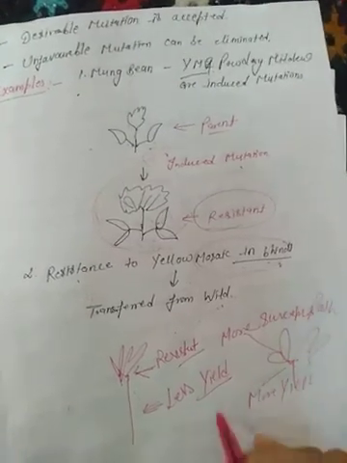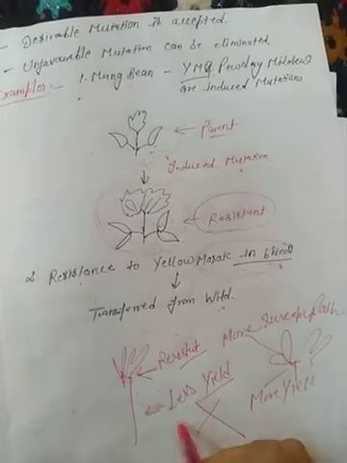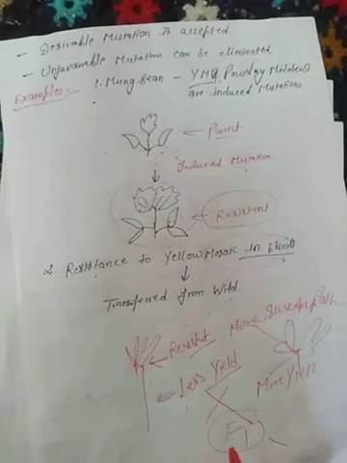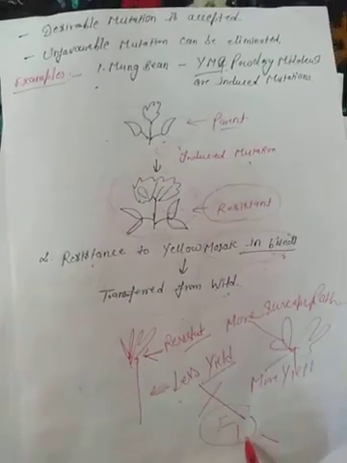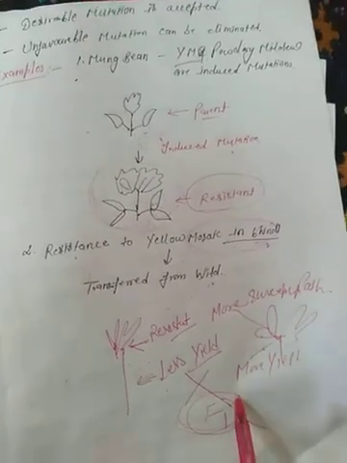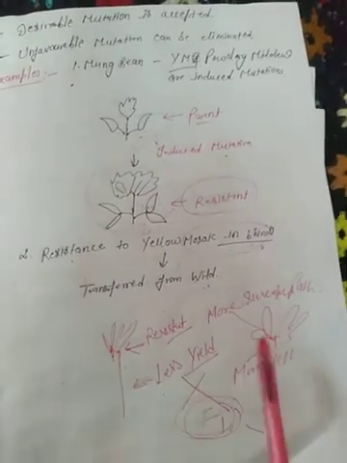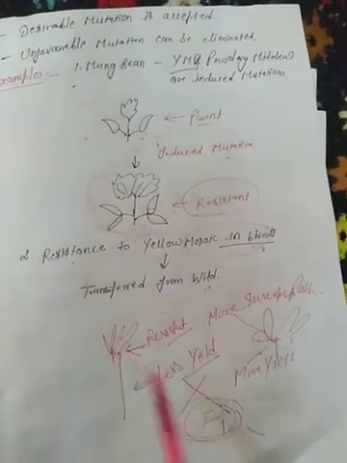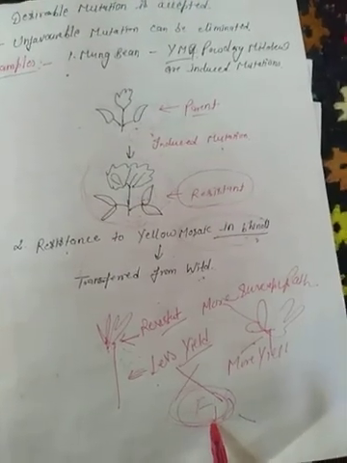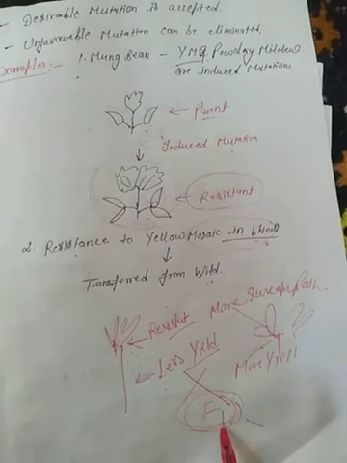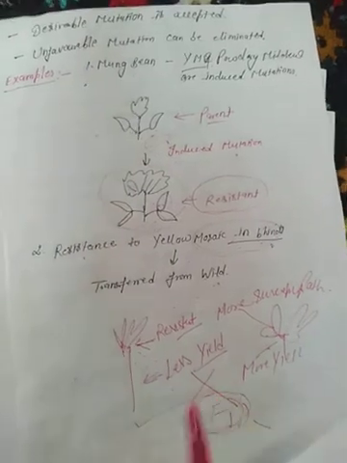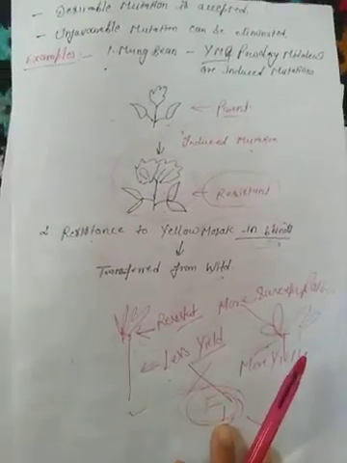So what we'll do is cross hybridize these two varieties, and then we will get the F1 progeny, and by continuous selfing we can produce plants which will be different from both the parents, which will combine their characters. A stage will come when both genotypic characters will be shown in the progeny, that is, we will get crops which are more resistant towards the pathogens and that give us the desired, higher yield, right? So this is the actual purpose of the plant breeding program, right?